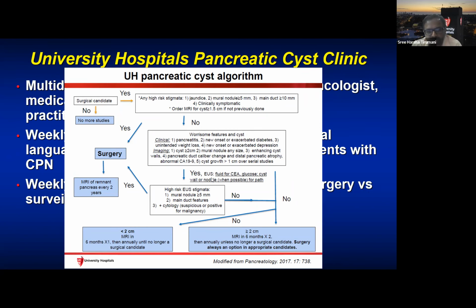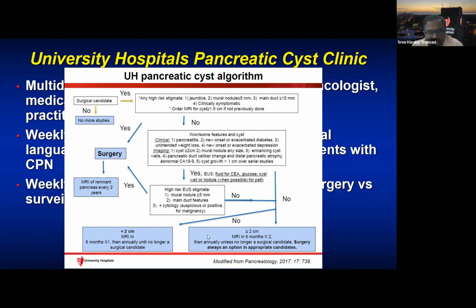So once we pick up those, the subsequent workup is based on whether there are worrisome features. We do an EUS, and if the EUS confirms a definite high risk feature, then they go into surgery. Otherwise, they go into follow up. Again, at our institute, we didn't come up with a stop date for the follow-up. We just ended up saying no longer a surgical candidate. Again, this is not what the ACR follows, but we are a surgeon-driven program, so we were probably more